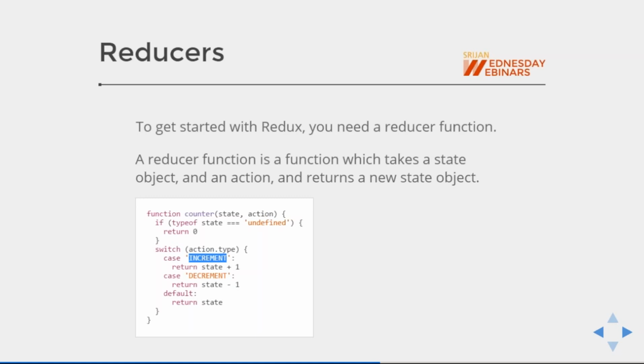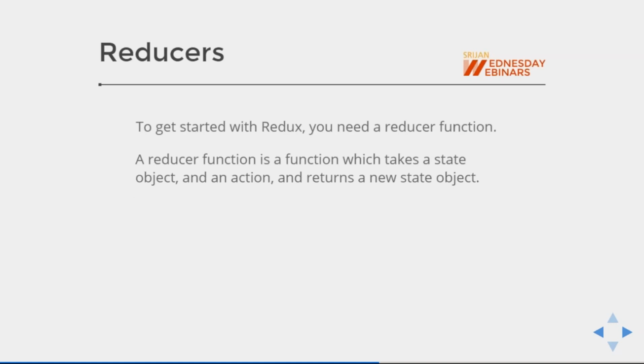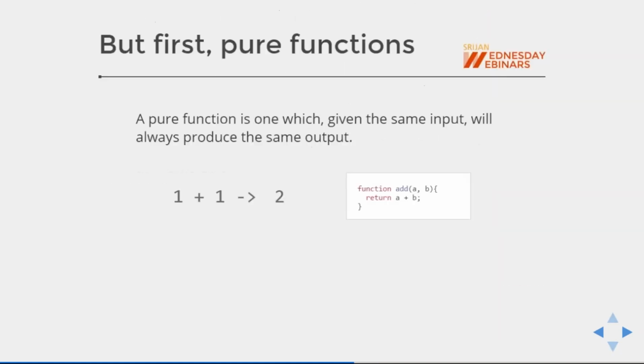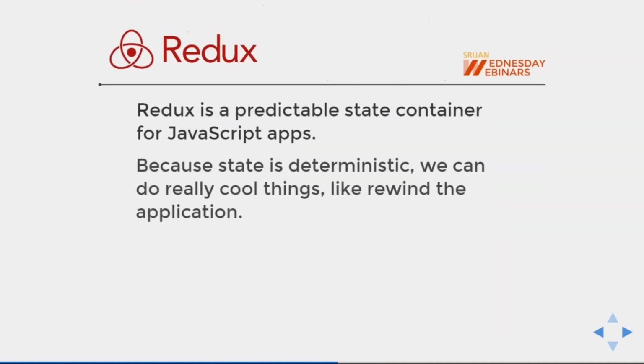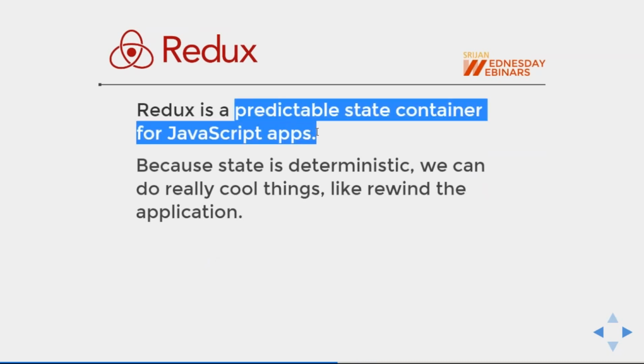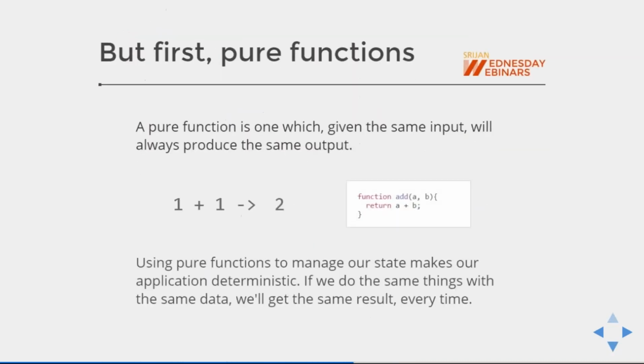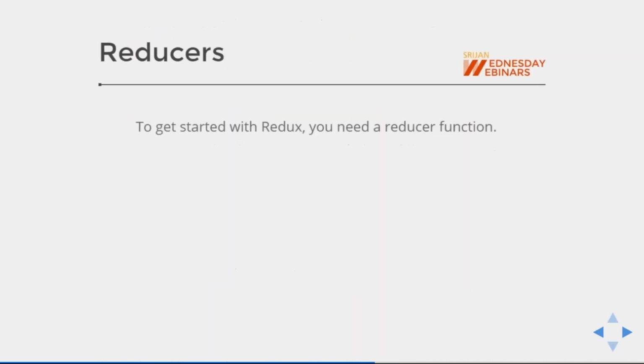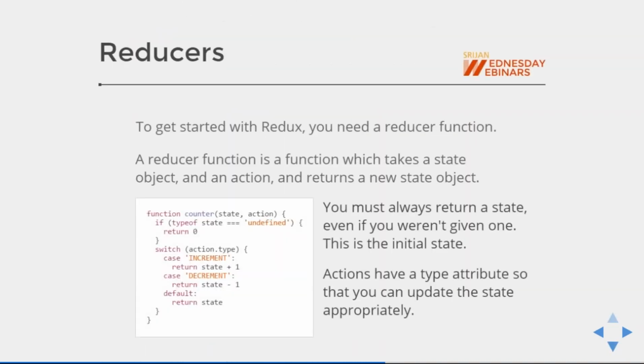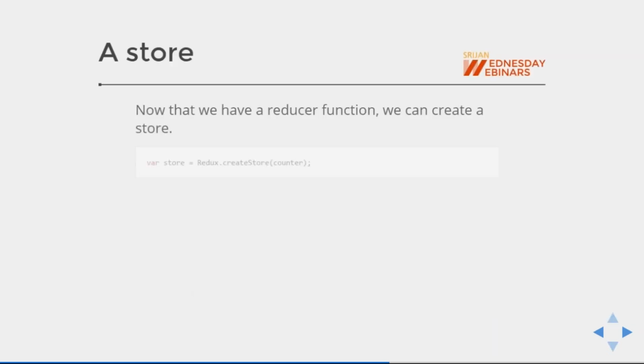If you provide the action equal to decrement, then it will give the state equal to state -1. One of the important terms about Redux is that it is a predictable state container for JavaScript applications. So whenever in any scenario you need this kind of mechanism, you will always use Redux. So these are reducers, and the reducers will always return the new state. This is why we call it immutable.